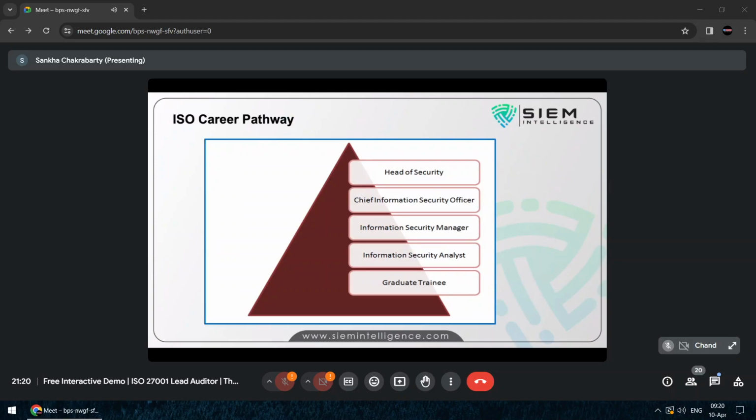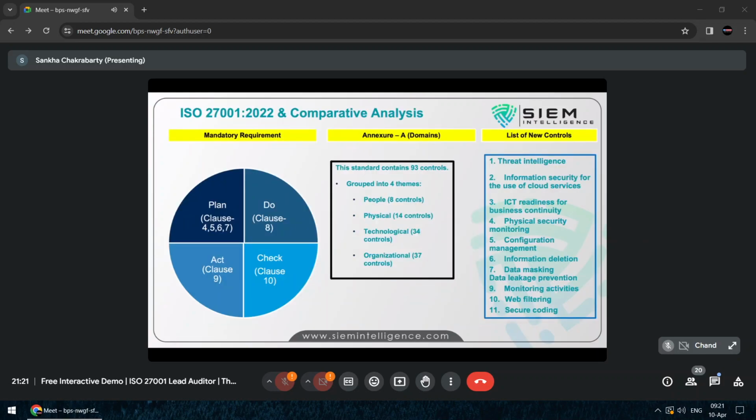Now, as a career path, you'll start as an information security analyst, then become a consultant, then manager, then CISO, then the head of security. That's how the path goes. Let me tell you, once you have the knowledge of ISO, even if you are not going for the certification, once you read the ISO standards and the controls, and I explain them to you, your entire knowledge of cybersecurity will be very clear, because there are so many domains and controls. I'm going to explain each and every control. If you can memorize even 10 controls out of that, you can clear any interview. That much guarantee I'm giving you.